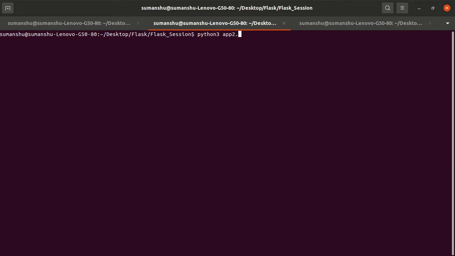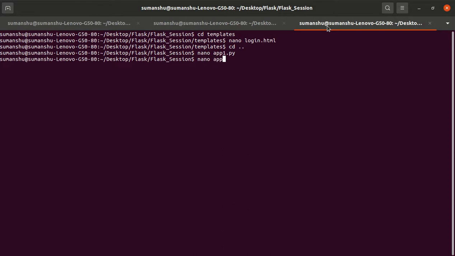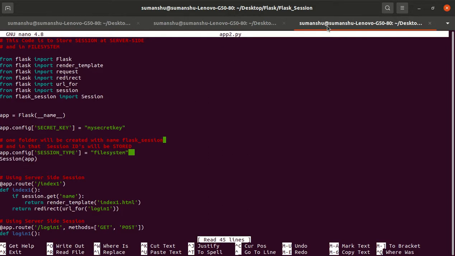Python 3 app2.py. So now this is the code for storing the information at the server side. All the code is the same, only we have a few changes. The first change is this: if we use the library from Flask import session, it will only store our object on the client side.